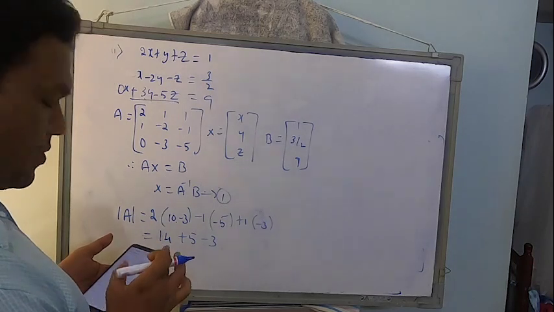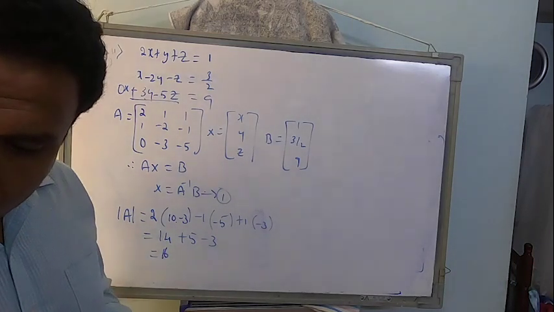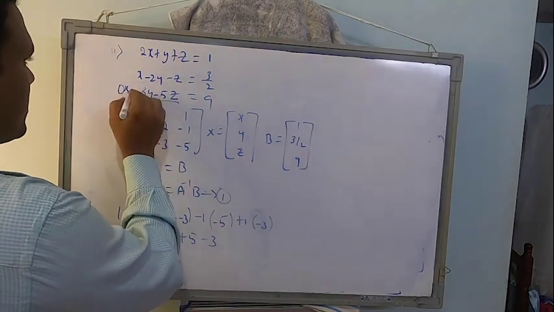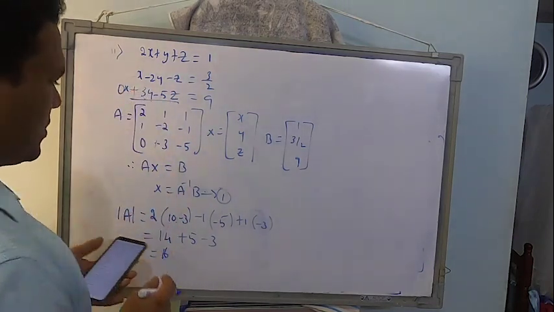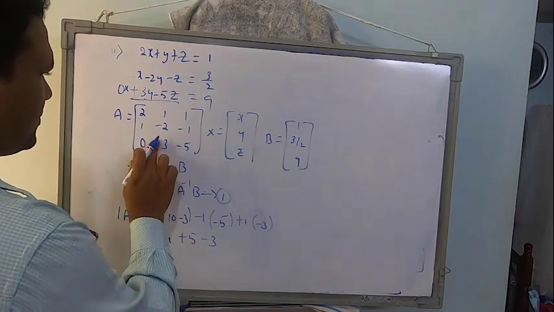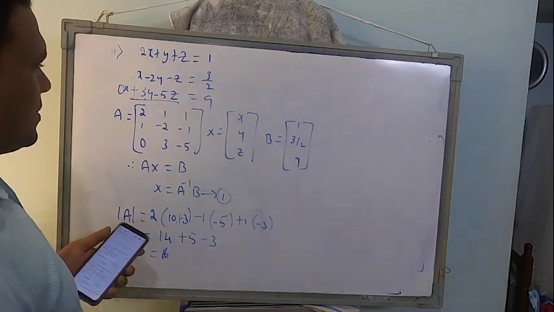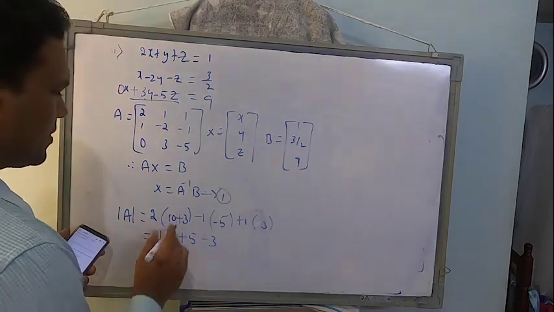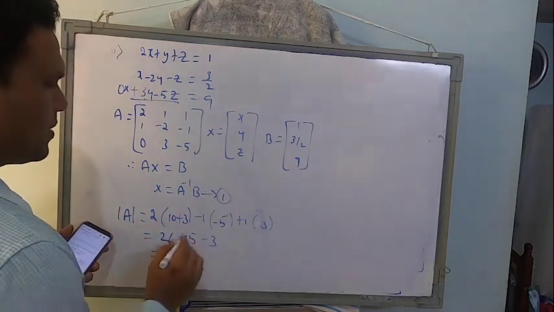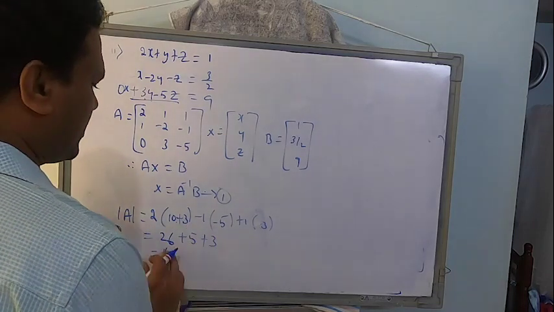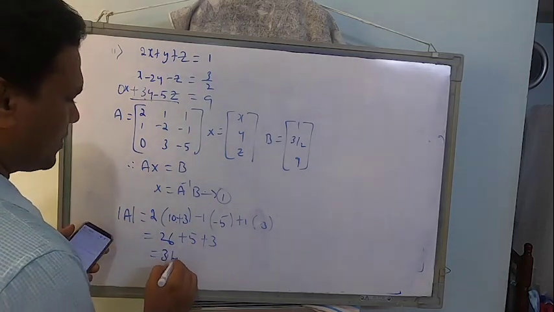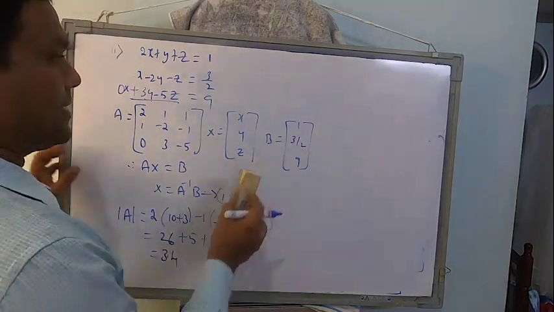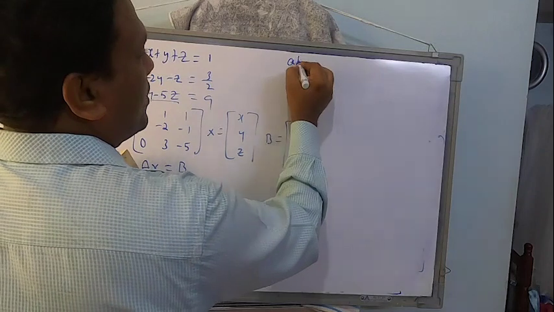I've written properly, so I think the last equation I've written wrong. Plus 3, sorry for that. That's why I said this is plus 3. Now I should go and check this. So that's plus 3. And this is also going to be plus 3. Just a second. 26 plus 5 plus 3. So what's the value will be now? 34. Fine. Okay. So the next is to find out adjoint.